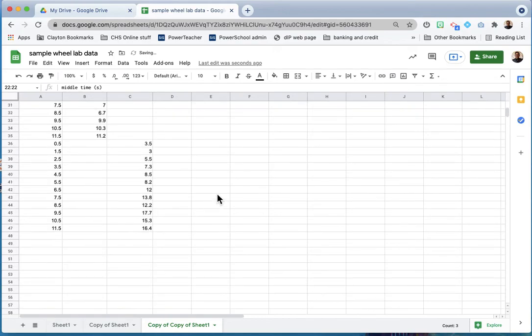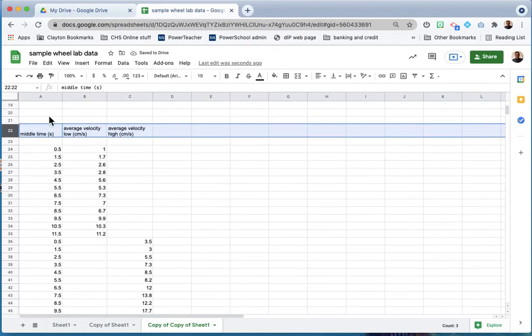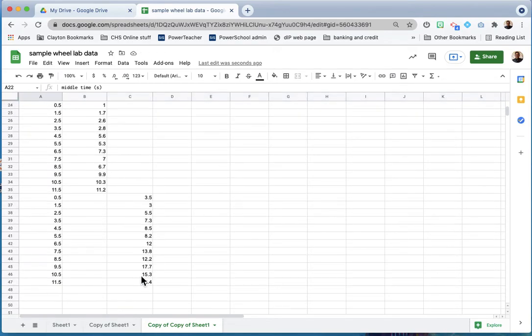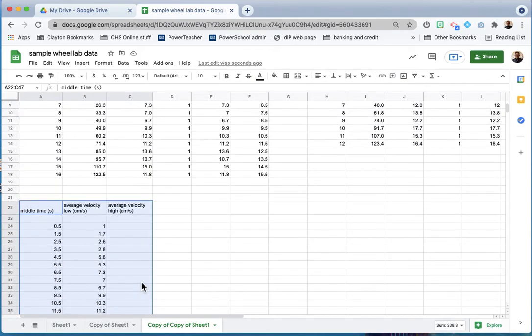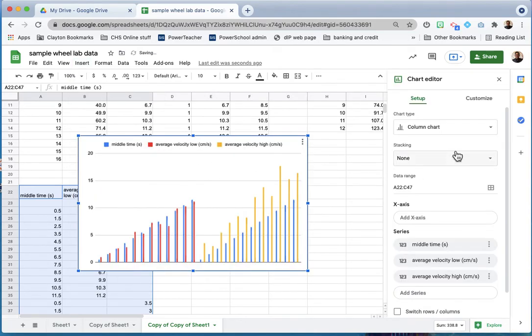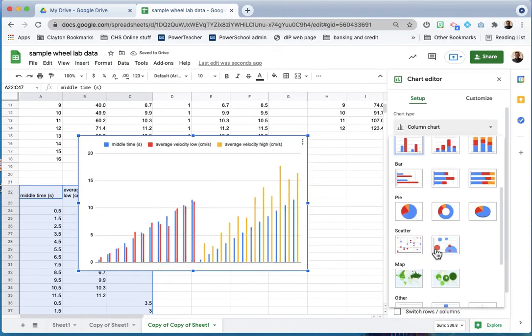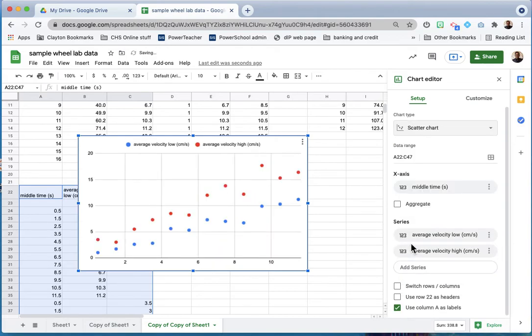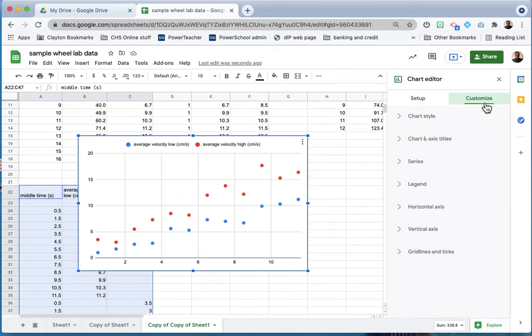Okay. So again, now we can take these 3 columns and we can insert our chart. And one more time, we want a scatter chart. Middle time on the x-axis, low and high velocities is our series. Customize,